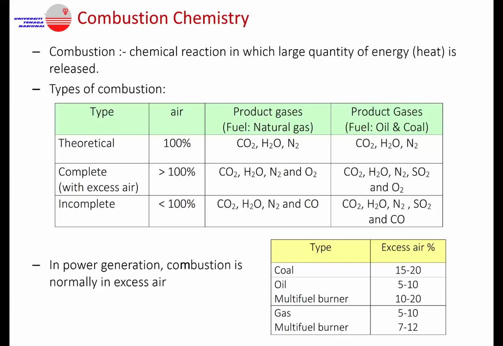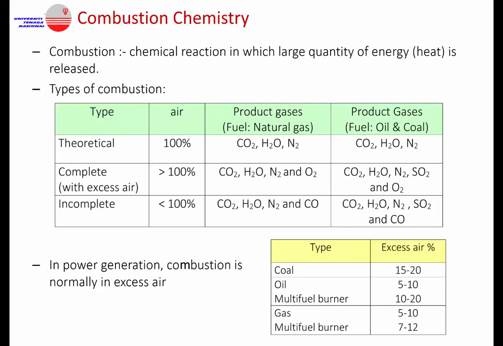So when you have sulfur on the left hand side of your equation, in all combustion we assume sulfur will react with oxygen and become sulfur dioxide, SO2. So whenever your fuel is coal or oil, don't forget to include sulfur on the left hand side, and sulfur dioxide as one of the products. Whenever you have sulfur on the left hand side, you should have sulfur dioxide on the right hand side of your equation. So these are things that you need to observe.